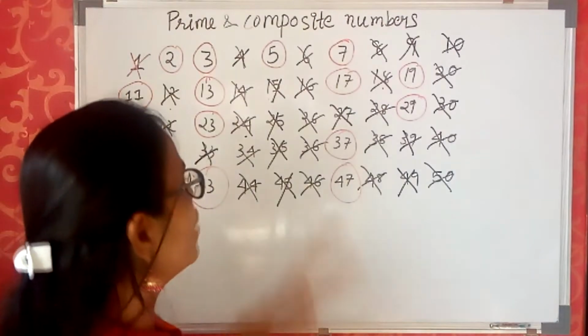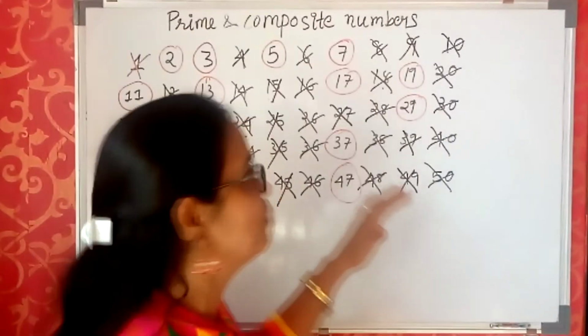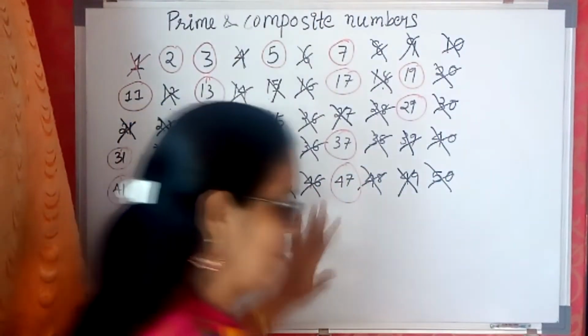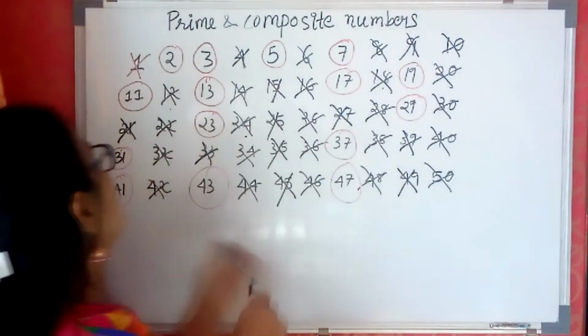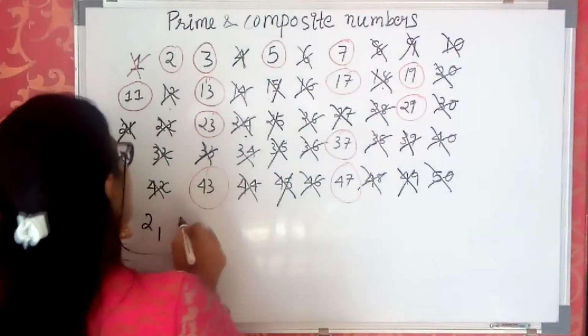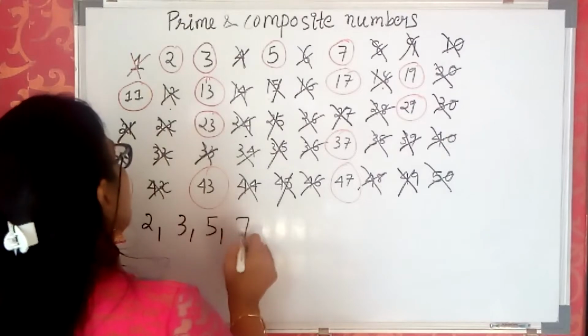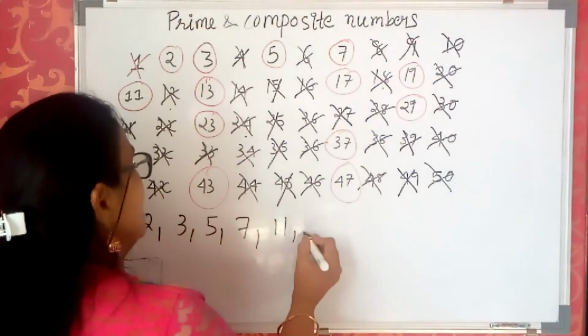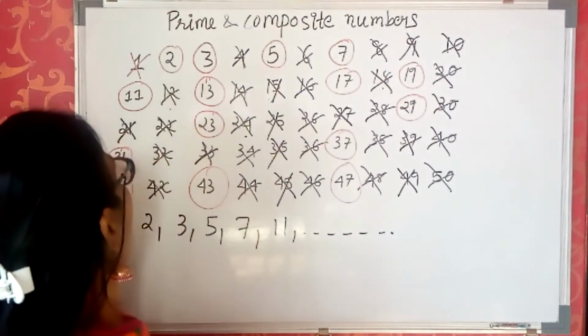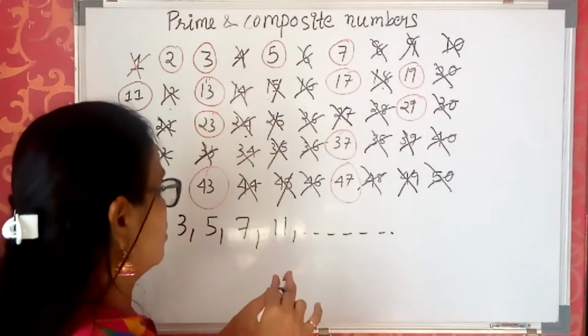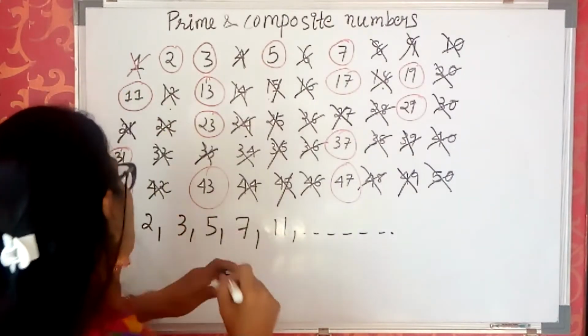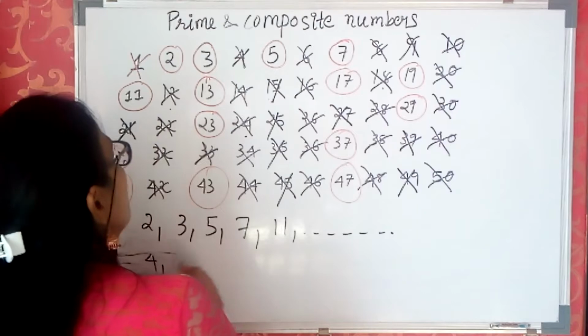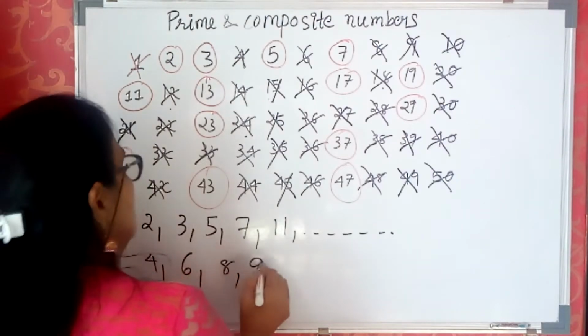So that way you encircle and cross out the multiples of those encircled numbers. Now look here. The numbers which I have encircled: 2, 3, 5, 7, 11, right? And so on. And the numbers which I have crossed out, except one, are 4, 6, 8, 9,